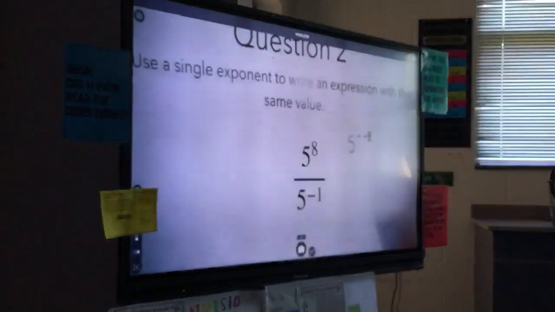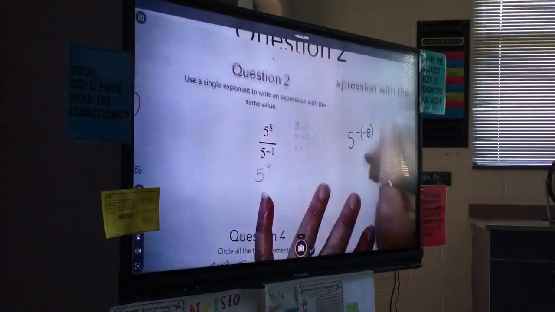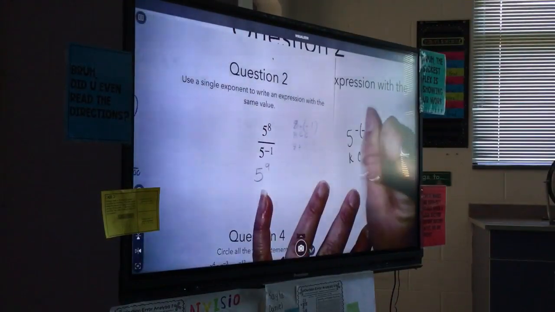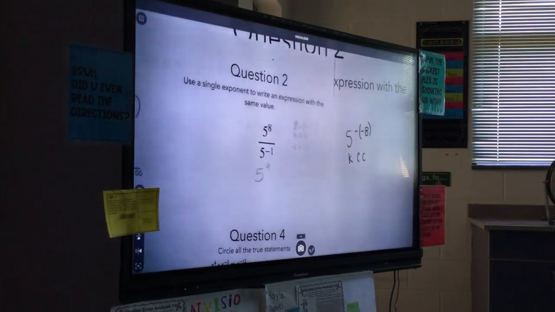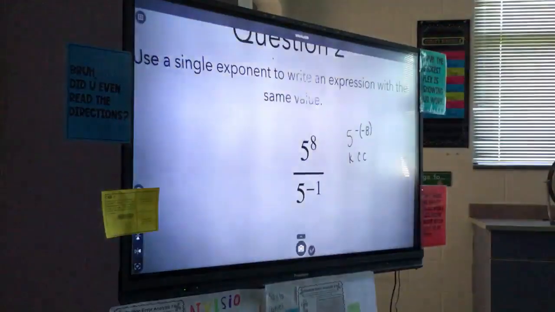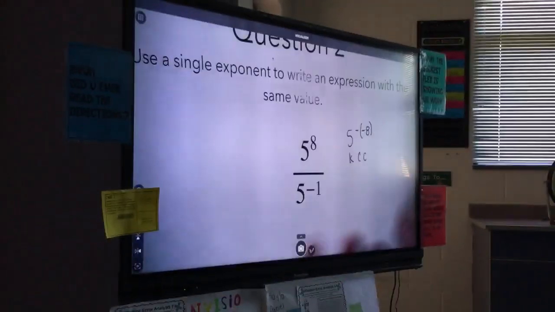So Jeffrey has this, and then he put keep, change, change. You guys remember hearing that at all? Yes. Okay, so think about division, right? Keep, change, flip. Well, this obviously is not a fraction, but what do you think it means, keep, change, change? Well, what are we going to change those subtraction symbols to? Adding. Adding. Okay, so then this actually just becomes